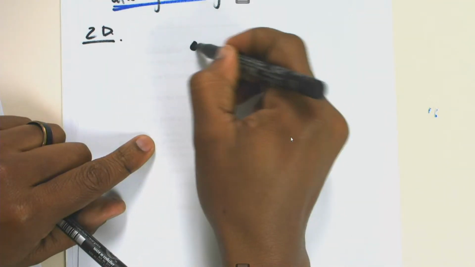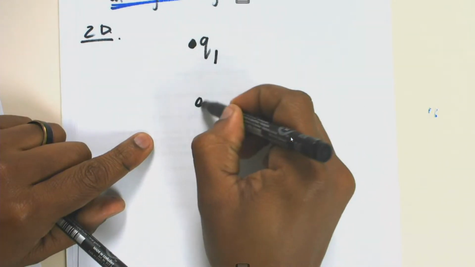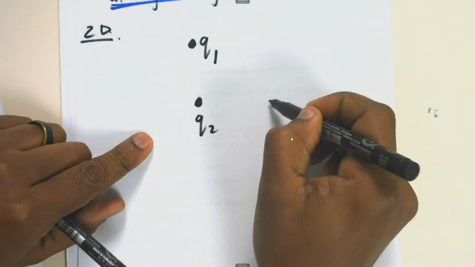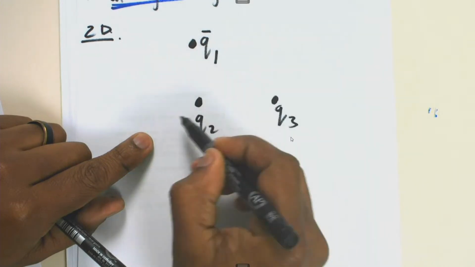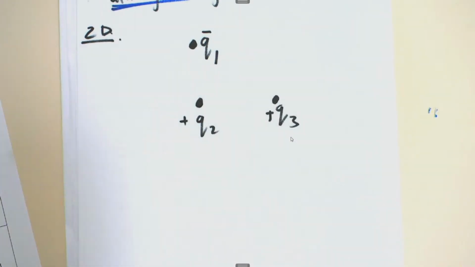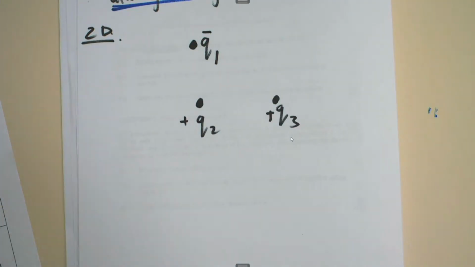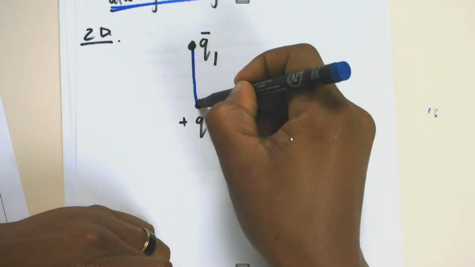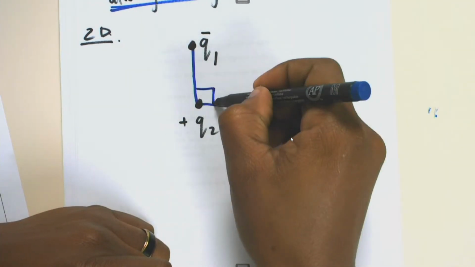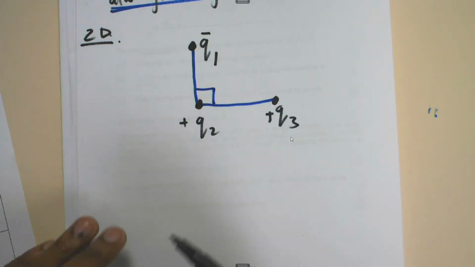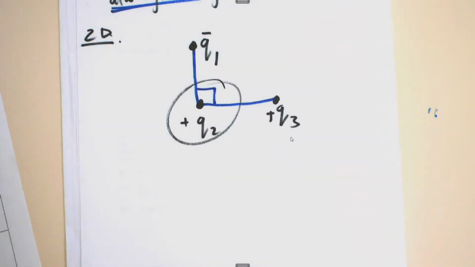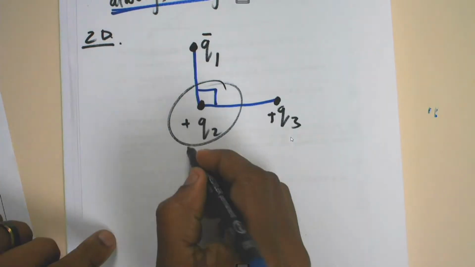In 2D, I will have my Q1, now my Q2, and now my Q3. Also negative, positive, positive. But now the arrangement forms a perpendicular angle between the two. So in this case, it's easy for us to say the reference charge